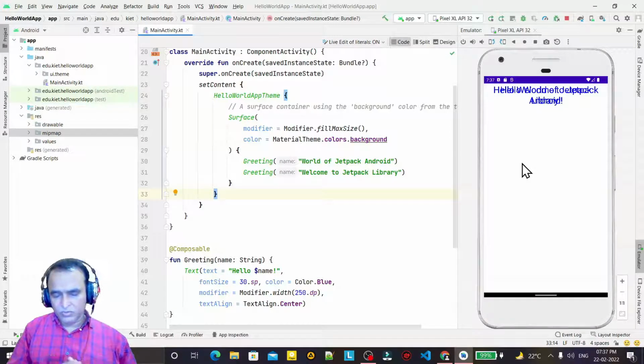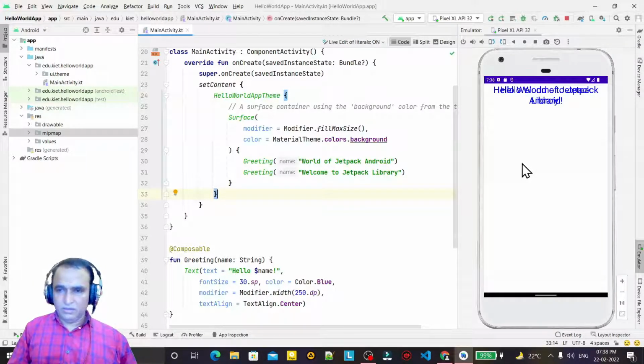In this video, my purpose was to introduce Jetpack library. This library is the new one to create a native UI. It's a new way of writing an Android application. Maybe in future, the XML file will be removed permanently. So if you want to be an Android programmer, it's required to learn this right now. From this video, I'm starting the Jetpack Compose series one by one. I will give more videos on this also.